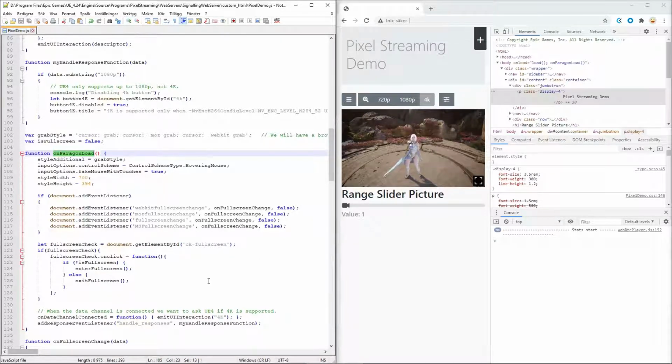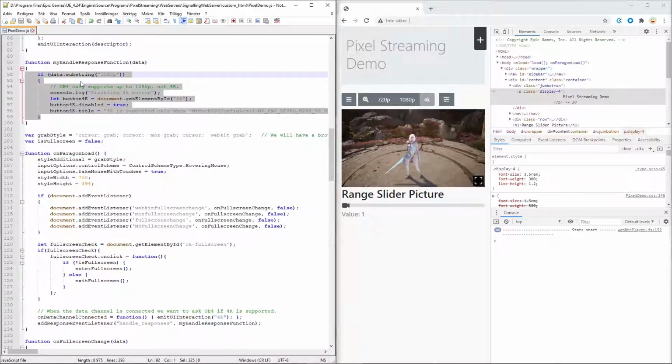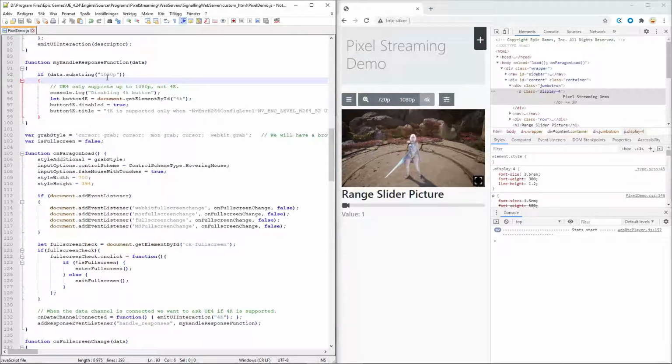In this case, the function is up here. If the substring is 1080, it disables the 4K button. This one right here. So we will be going into this whenever we press 1.